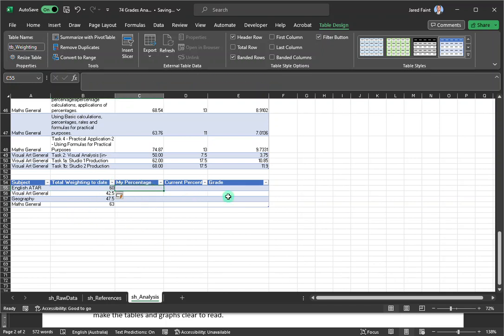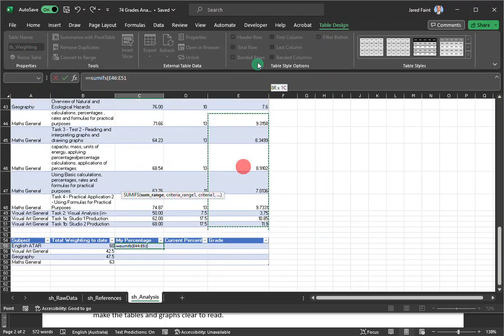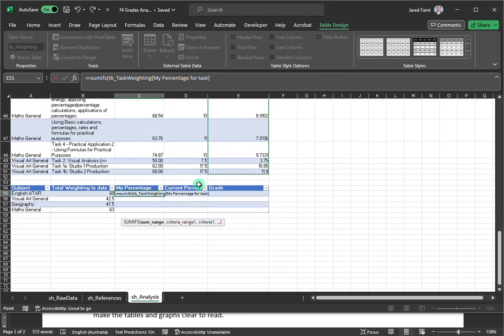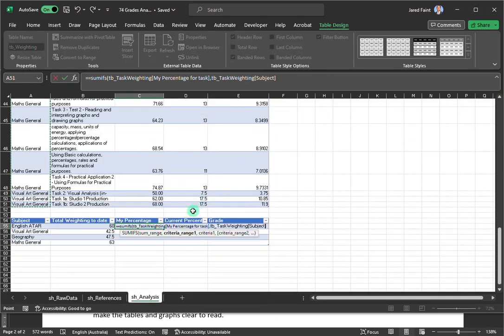Alright, so for my percentage, again I'm going to do basically the same thing, except for what I need to be able to do for that first one. So I'm going to go over here, equals SUMIFS, the sum range that I want to be able to put together is my current percentage for task. I need to then check on the subject that I've got, and then the criteria I'm using is what I'm checking on. Close that bracket, and